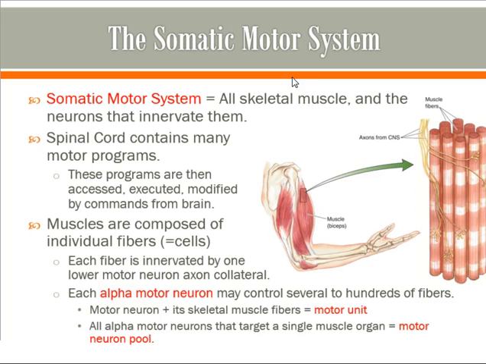And then there's another term that's related to that. If you're looking at one individual muscle organ, again, I'm just pointing at the biceps because that's the example shown here, that one muscle organ will have a collection of motor units, each of which corresponds to one motor neuron and all the skeletal muscle fibers it innervates. That whole collection of motor units, might be another way to say it, corresponds to a motor neuron pool.